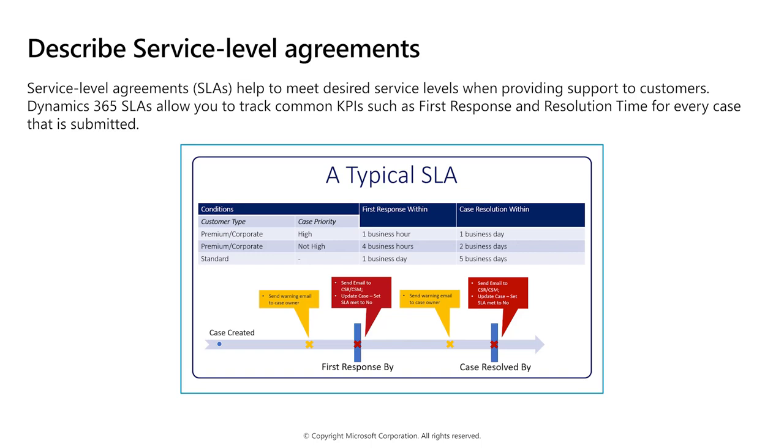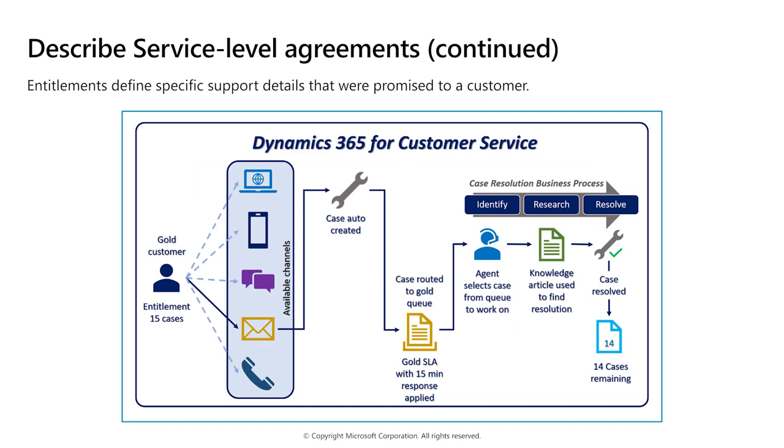For example, are all things that organizations would look at to see if it would work better in order to get it better. So let's take a look at how an SLA would then fit within our process over here. So again, we have the contact that's come in from the customer, and it's a gold customer, so the case is auto-created, has gone through to the gold queue, and because it's that gold customer, it's a priority item, it needs